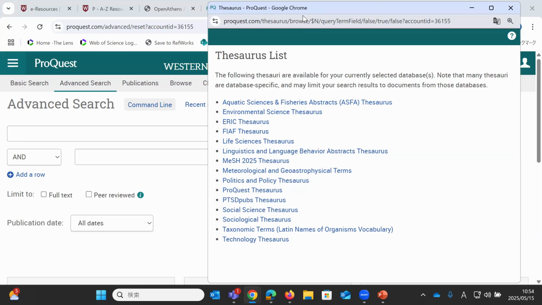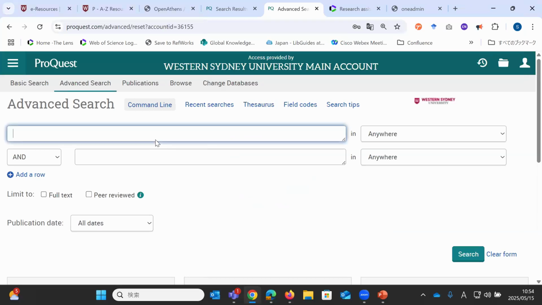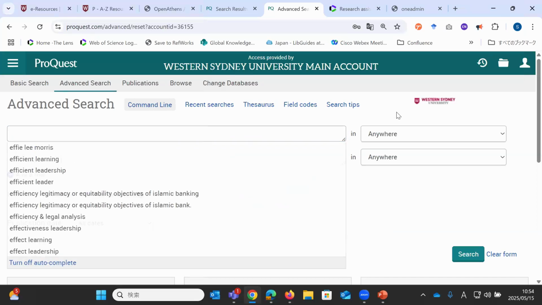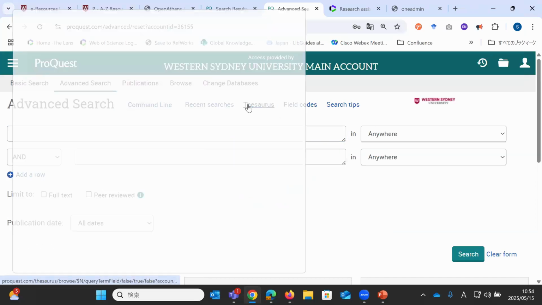Doing the keyword search is different. You can play around with phrase searching and add truncation, etc. But don't do that when you're doing the subject heading search.